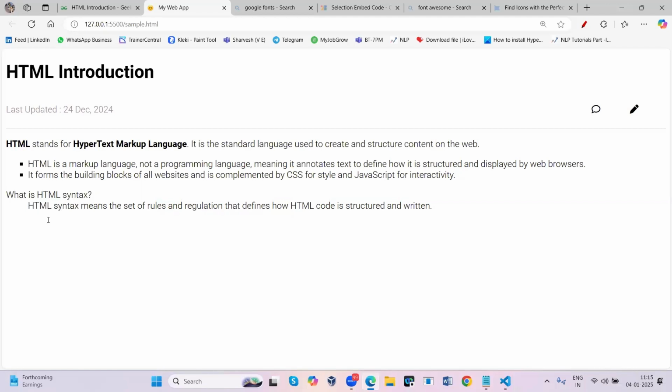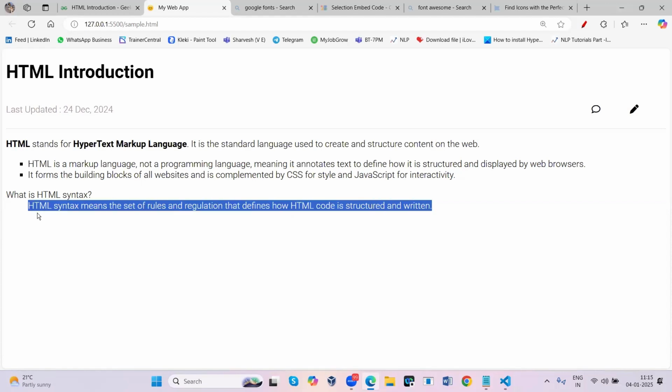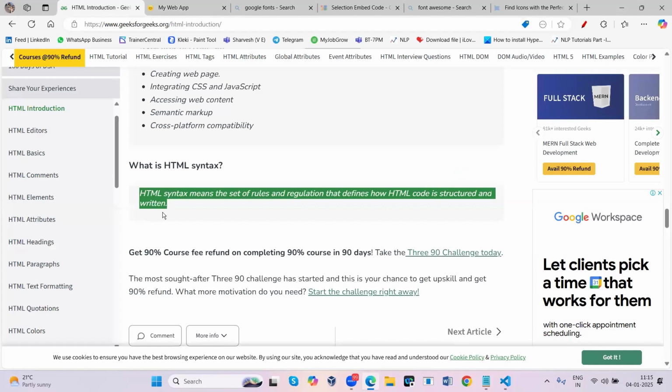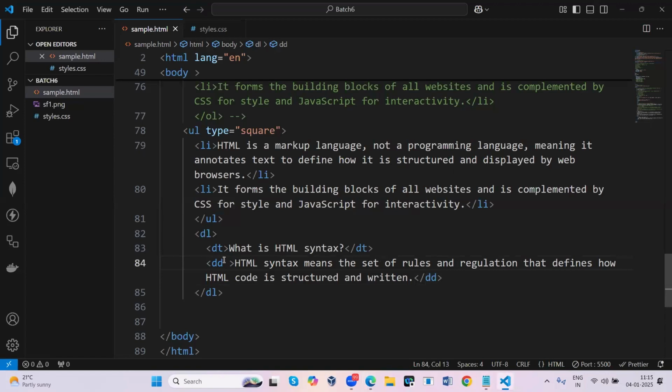So, what is HTML syntax? It is just indented to the margin. When you see this, it takes one tab space for defining this term. Here, ma'am, if you see, it has so much space. How do we generate those spaces? We already discussed that if you want space, use inline styling.